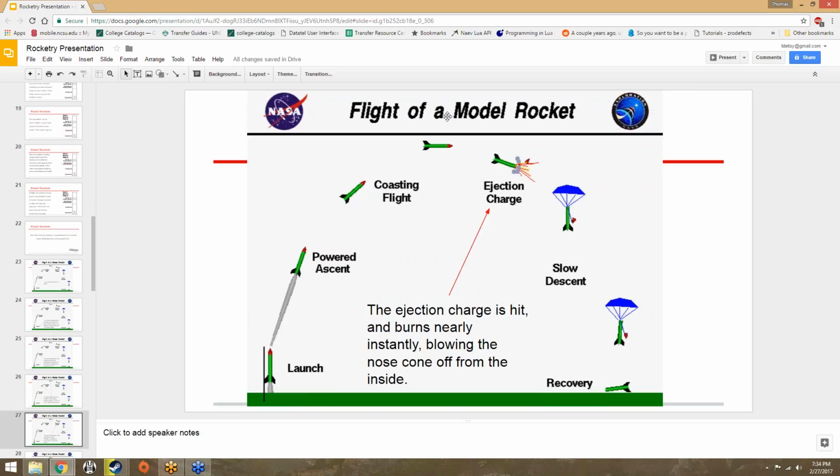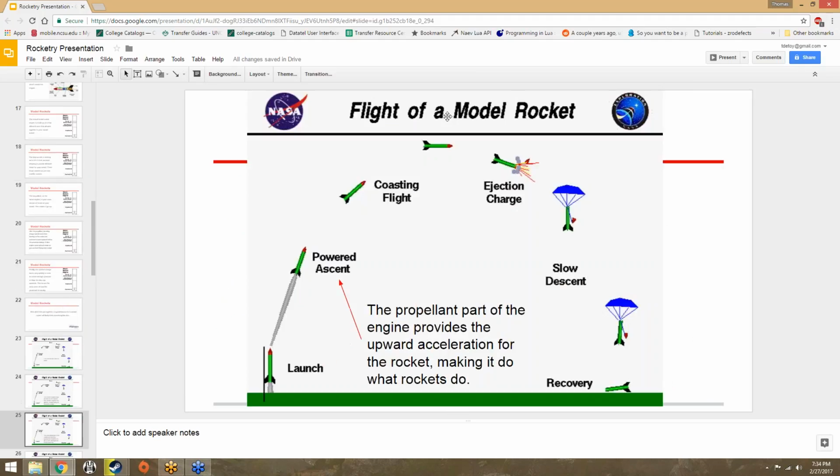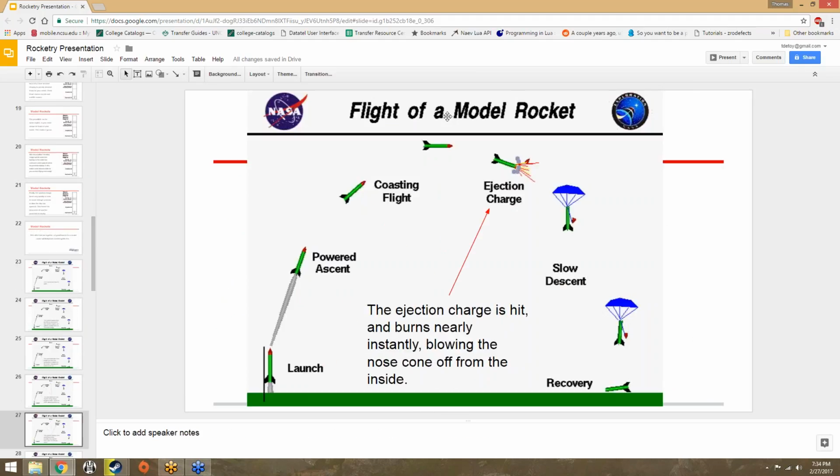Then the ejection charge is hit. After the delay charge is already burnt out, the ejection charge is hit, and the nose cone pops off and the parachute is deployed. You'll probably see some streamers and stuff pop out depending upon what your recovery wadding is. Some people like to put streamers and things like that for their recovery wadding, so the